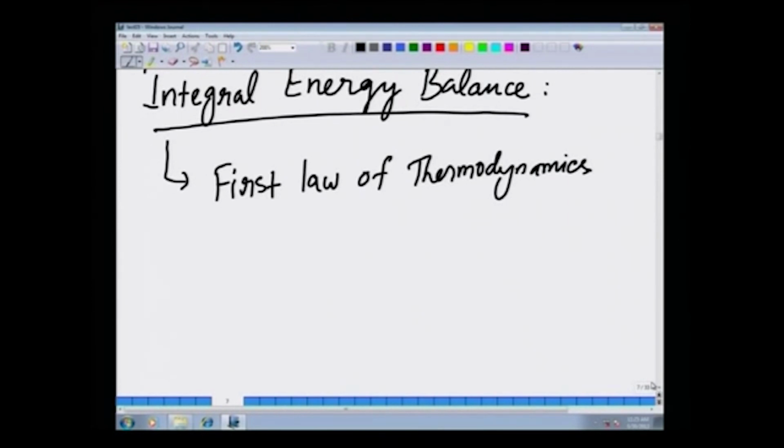For example, the integral mass balance came out as a consequence of the principle of conservation of mass, and the integral momentum balance came out as a consequence of Newton's second law of motion. Now, we are ready to discuss the integral energy balance, and the fundamental principle that helps us to derive the integral energy balance is the first law of thermodynamics. The first law of thermodynamics is essentially a generalization of the notion of energy to systems such as